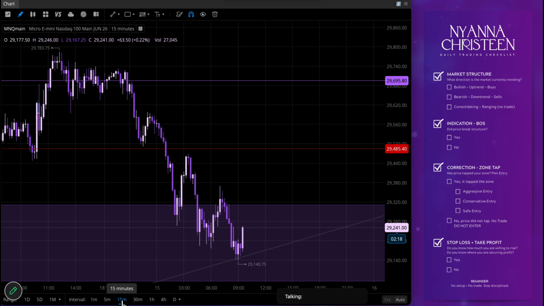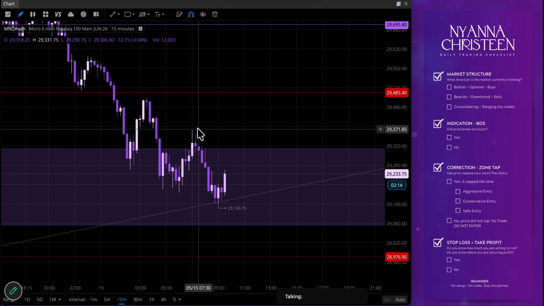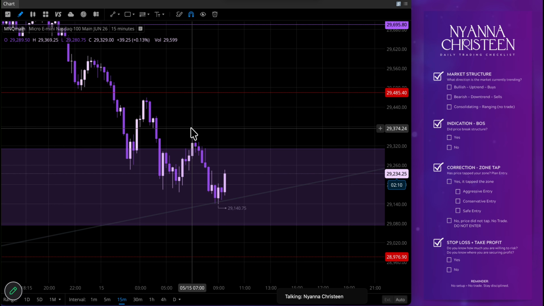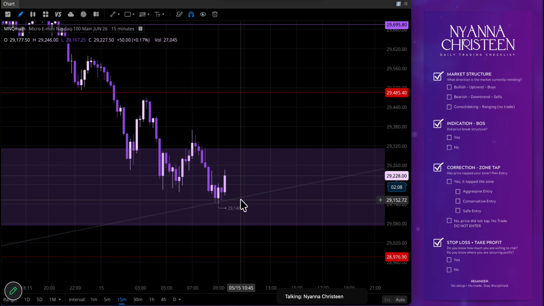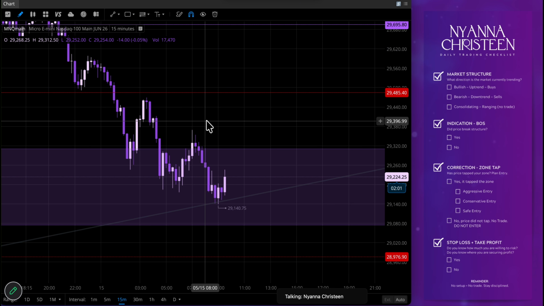Then the 15-minute, like I said, price will have to break here. And also, because of the way the market has been moving lately, this could happen within one candle when the market opens. Usually when that happens, I don't trade the first candle of the day because it's very, very volatile. I like price to kind of show me what it wants to do, maybe the first 1 or 2 candles, and then I get in if there's a setup. But if not,